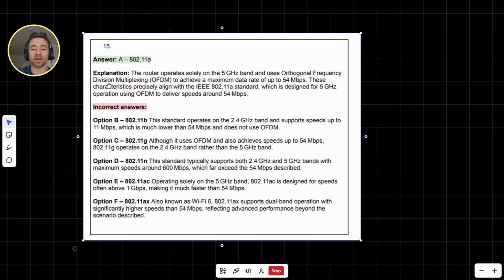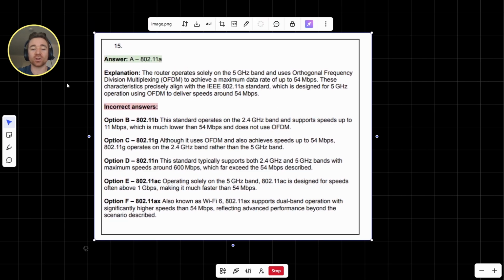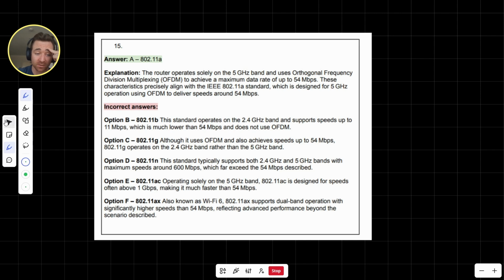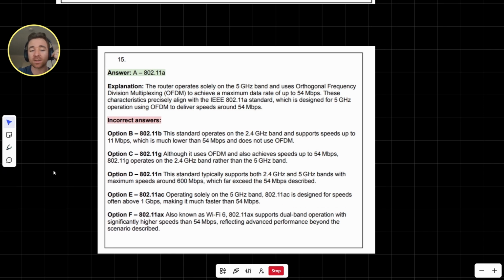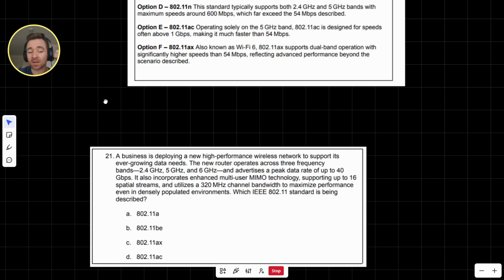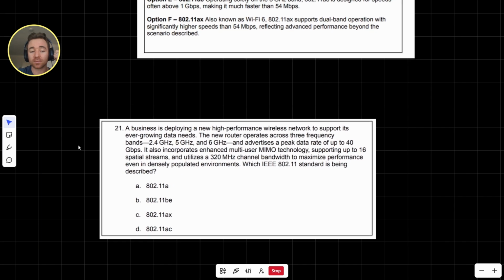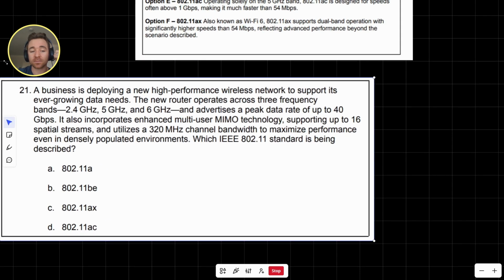Yikes. Okay. The answer is 802.11a. The router operates solely on the 5 gigahertz band, guys. Largely, this is all going to come down to just knowing the stats of this. I'm not going to talk through each and every one. Pause to read if you want, but it's just going to come down to knowing the stats. All right. So that one was 802.11a. The next question reads,